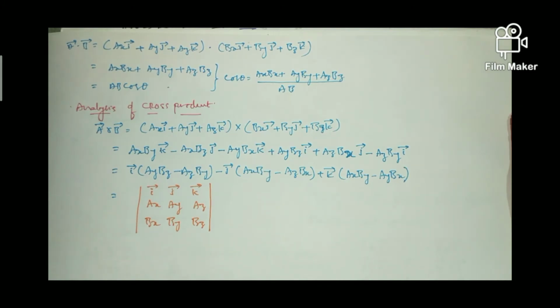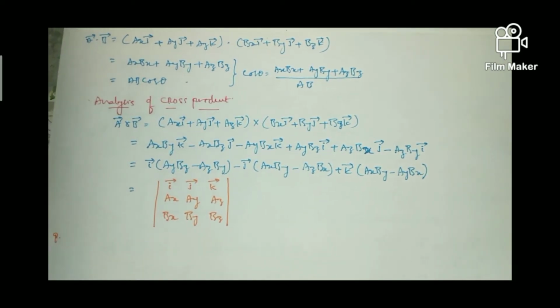Now let us go through a problem which illustrates the dot product and cross product.